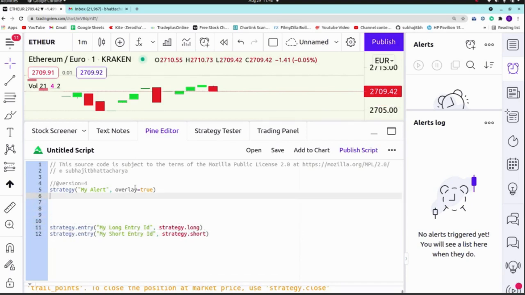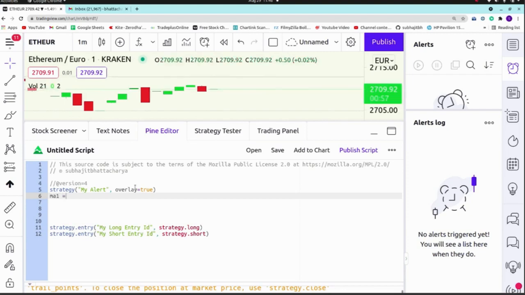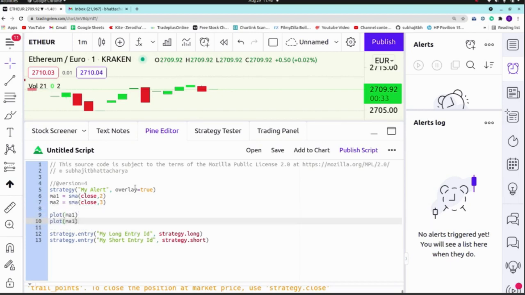Now we will take 2 moving averages, that is MA1, a simple moving average, SMA of close comma 2, and we will take close comma 3, that is the 2 moving average and 3 moving average. So we will plot MA1 and also MA2.